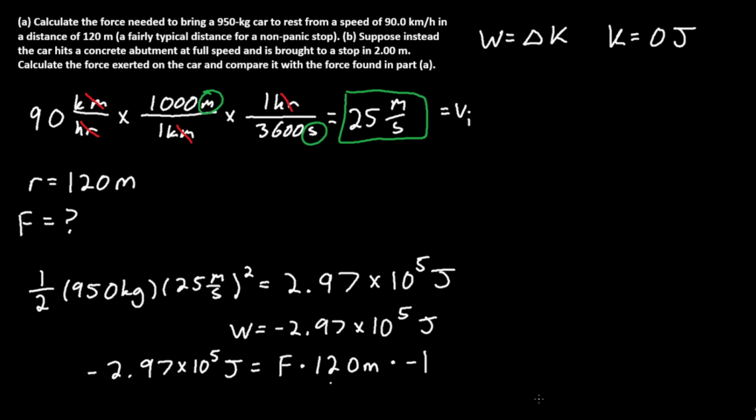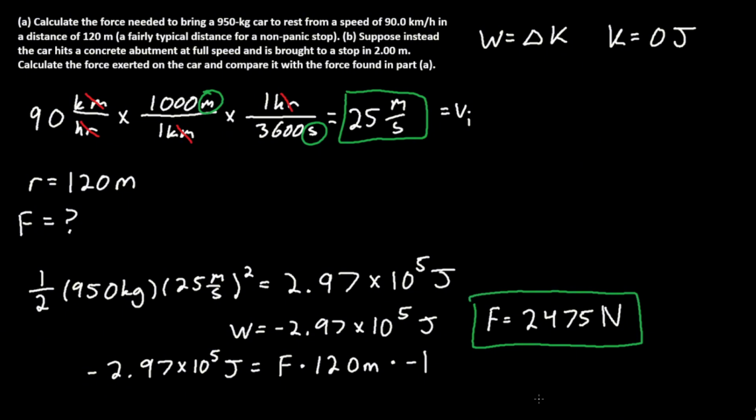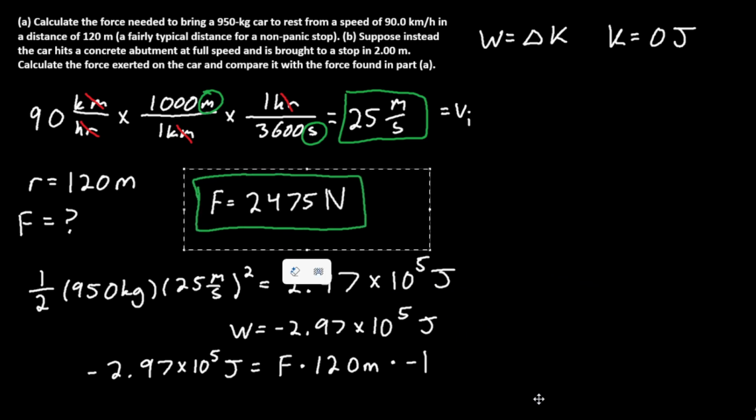So your displacement will be 120 and your force will be some positive magnitude, multiplied by -1 because of the cosine of 180, as 180 is the angle between the force and the displacement vector. Once you solve for force, you get approximately 2475 newtons. This is for part A, and this is the force required to bring the car to a stop